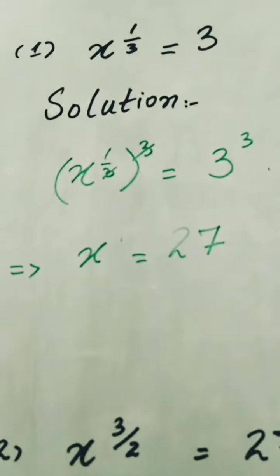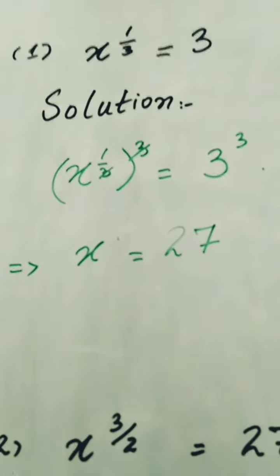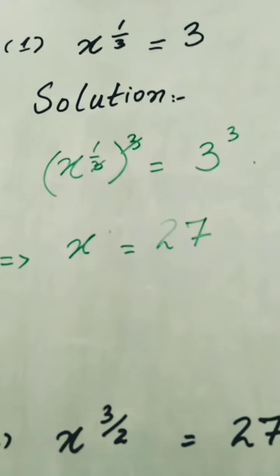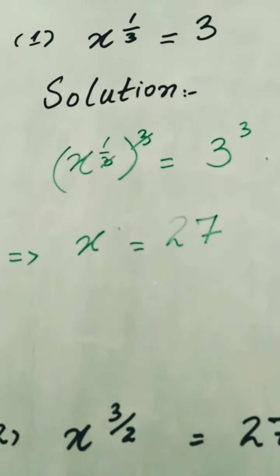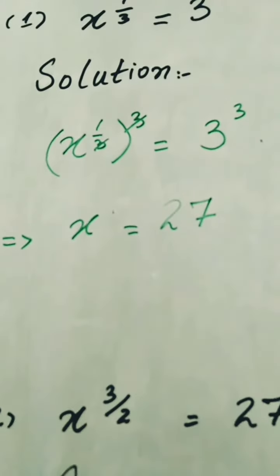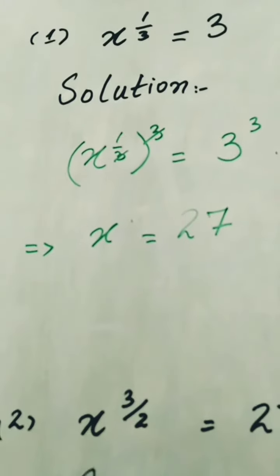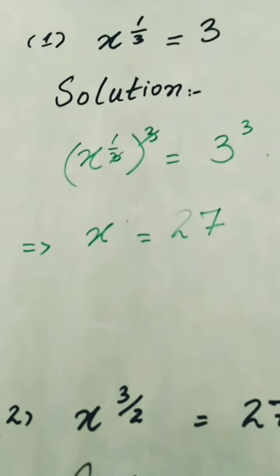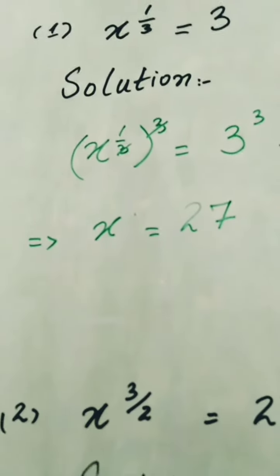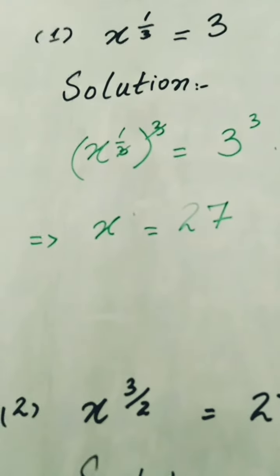Now look at some more questions in which we have to find out the value of the variable. Here it is x. The question is x raised to the power 1 over 3 is equal to 3. In order to remove the powers from the x, we will take the cube on both sides. By taking the cube on both sides, the equation remains the same. So we will have (x raised to the power 1 over 3) whole cube is equal to 3 raised to the power 3. Now the whole cube is cancelled out with 1 over 3, and x remains as x raised to the power 1 is equal to 27, which will be our answer.